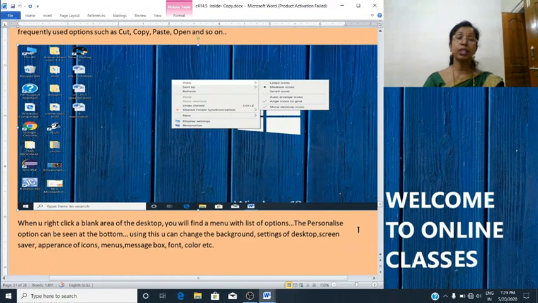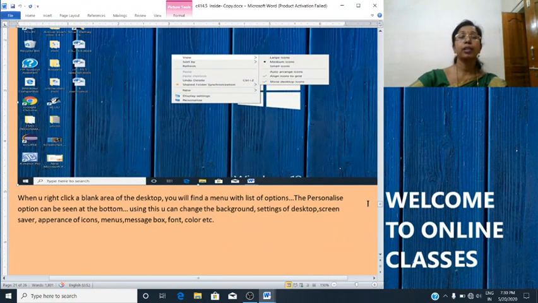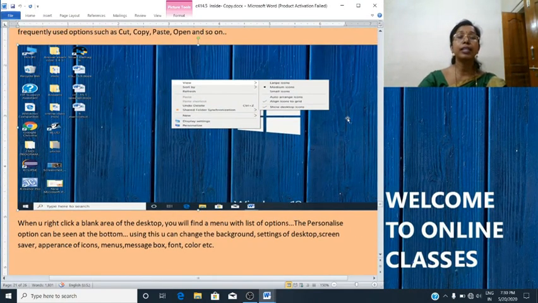Using this, you can change the background settings of the desktop, screensaver, appearance of icons, menus, message box, etc. Here, when you right click on the blank area, at the last you can see personalize. It is used to set the desktop screen, screensaver, appearance of icons, etc.